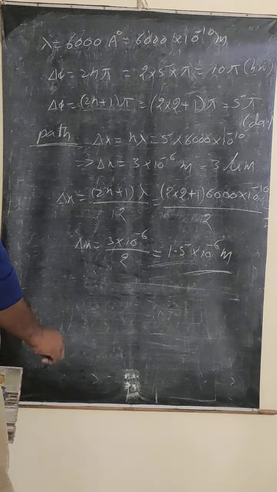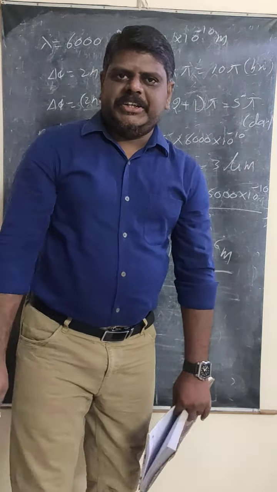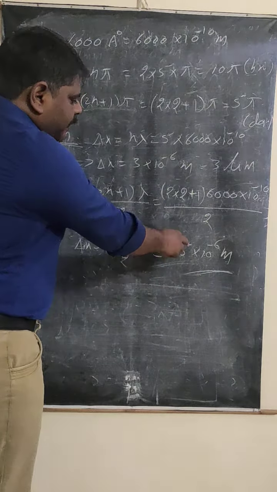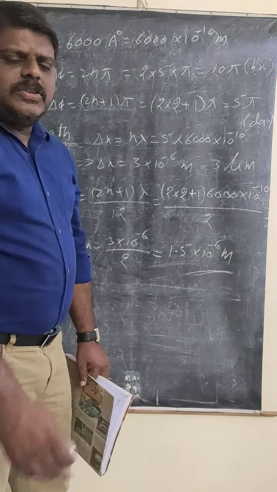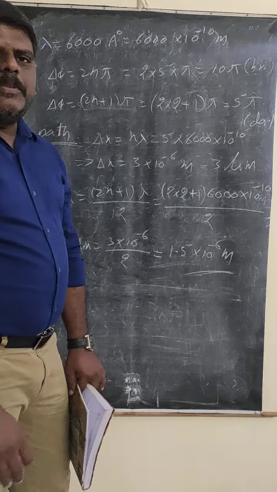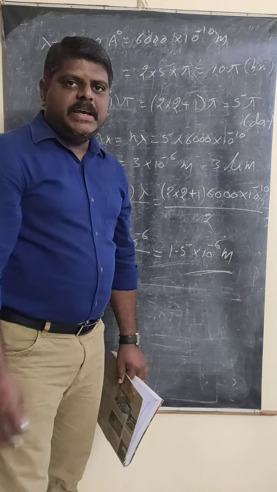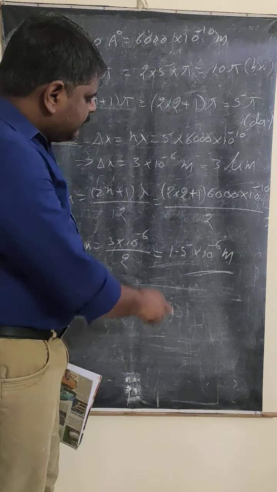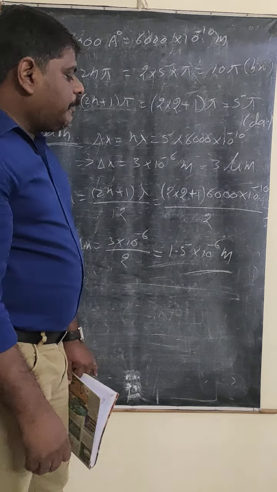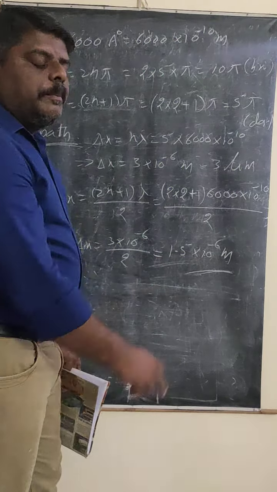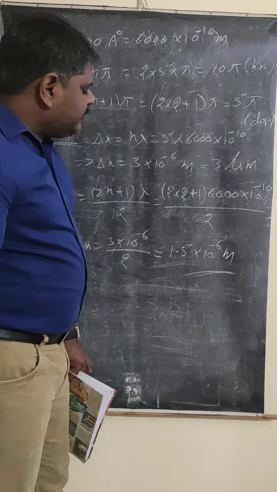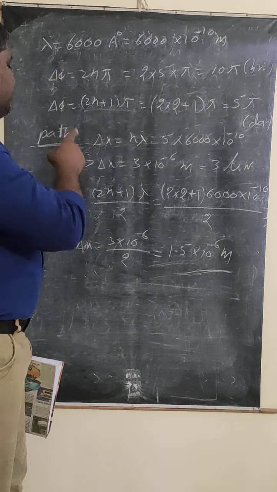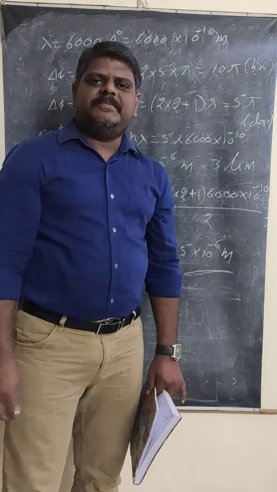This is the path difference for the dark band condition. The path difference for the third dark band is 1.5 into 10 to the power of minus 6 meters. For PU you have to substitute up to here, but for the competitive part, refer to the options to see in which units and which 10 power they are given. In another way, if the point moves to the right side, it becomes 10 power minus 7, so it can be written as 15 into 10 power minus 7 also. Okay, so this is the formula. We are calculating the phase difference and the path difference. Okay, go for the next problem.